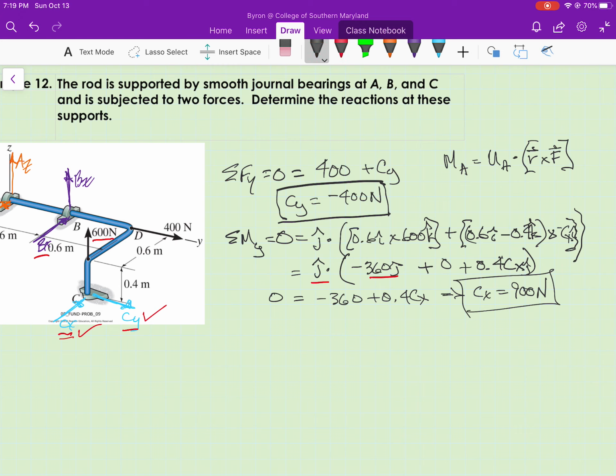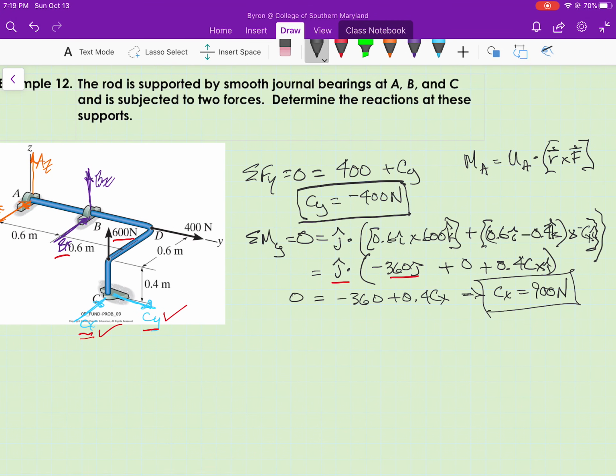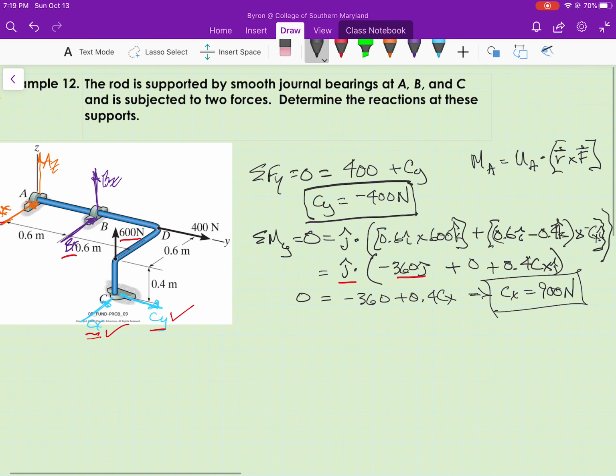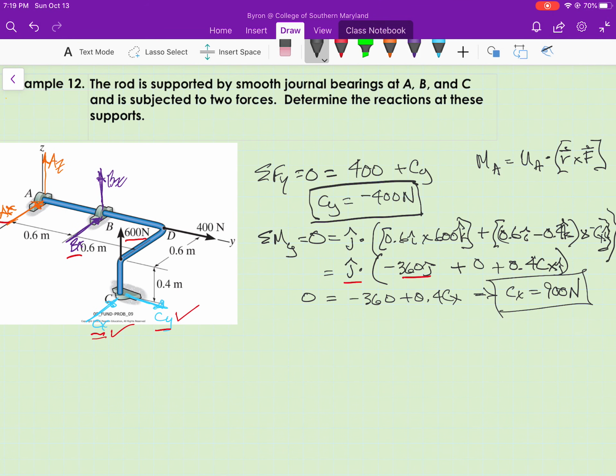Next, I'm going to look at b sub z and try and find an equation of equilibrium that has only b sub z as the only unknown, and I can get that by summing moments about the x-axis. So sum of the moments about the x-axis equals 0